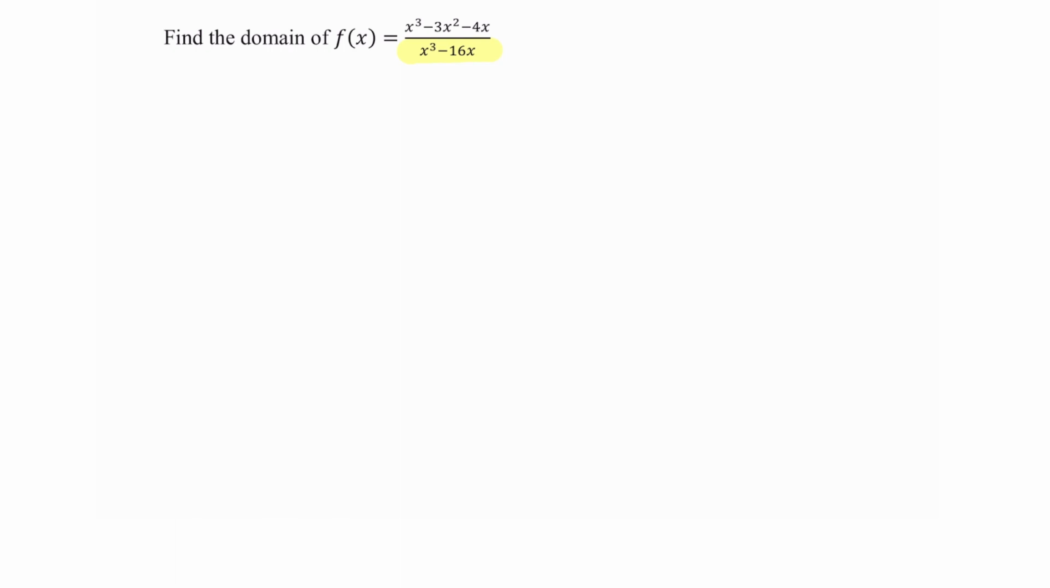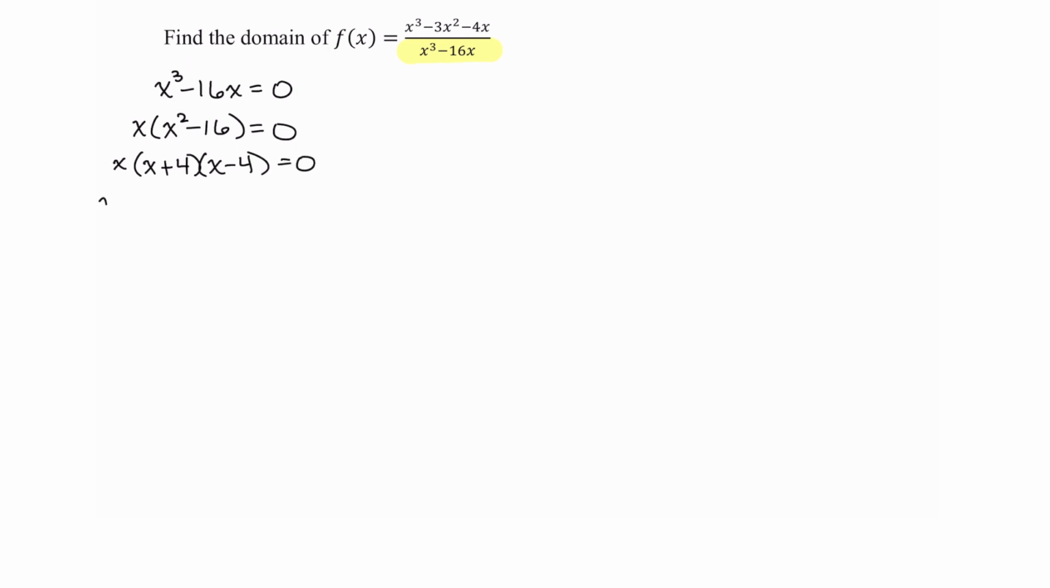So let's get started. We have our denominator of x cubed minus 16x, and we want to find out where that's 0. This is factorable. Factor out the greatest common factor of x, and we have x times x squared minus 16, and then that's equal to 0. X squared minus 16 is the difference of two squares, so we can continue to factor that as x plus 4, x minus 4,